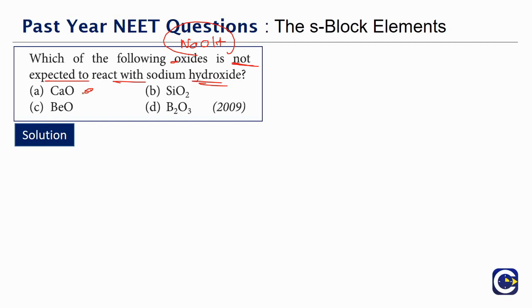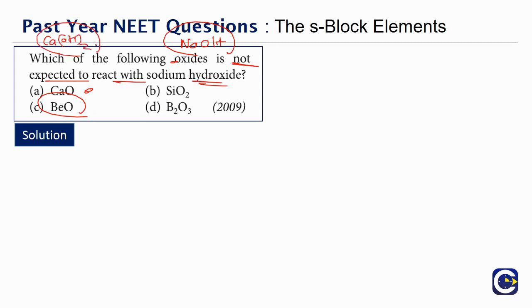Calcium oxide is basic, right? The oxides of alkaline earth metals are basic, exception being beryllium, because beryllium oxide is what? Amphoteric. In fact, I think we have seen one question on that in part 2 or part 1 video. Maybe you can check that up. So the beryllium oxide is amphoteric. Calcium oxide, when you dissolve in water, will produce calcium hydroxide, which is basic in nature.